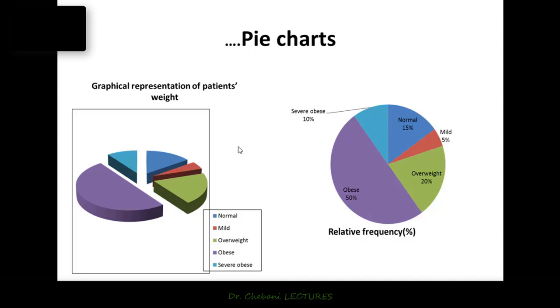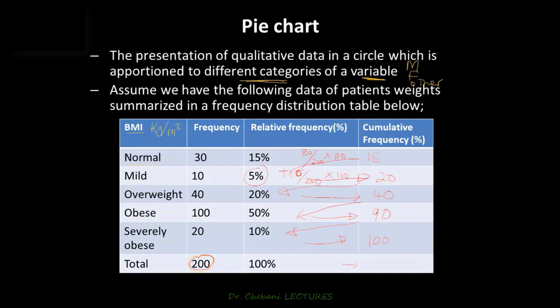And a pie chart can basically be displayed in many ways graphically. So you can use this 3D version, or you can use a simple 2D. You have to label it appropriately, show what each portion represents, and show the relative frequencies of that portion, right? So as you can see here, we can see clearly that we have severe obesity at 10%, normal 15%, and so forth, right? So the way you would come up with these portions, you look at the frequencies on the frequency distribution table,